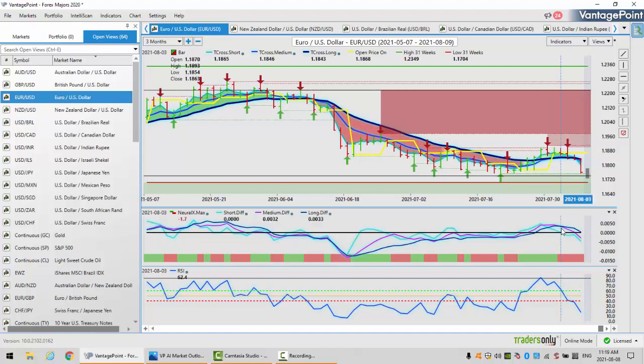But to be clear, the signal to get short on this was way up here, and we actually did this in the VantagePoint Live training room last week in real market conditions. And you can see the pink line crosses over the blue line, the neural index turns red, bang, bang, bang, down she goes. So the only negative that anybody could ever put on the MA diff cross is that it's usually early. It's usually early to the party. That's the worst thing I could say about it.